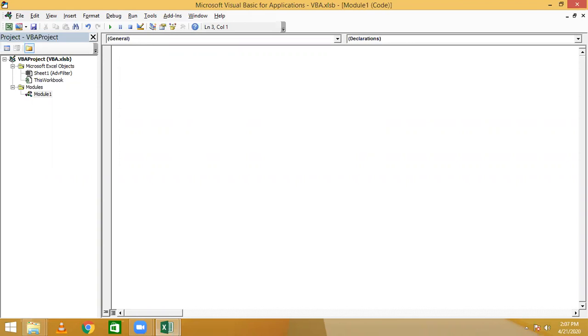Our code starts with Sub, then a name. It should not have any space or any special character apart from underscore. I'm using here AdvancedFilter, or you can use any other name also.